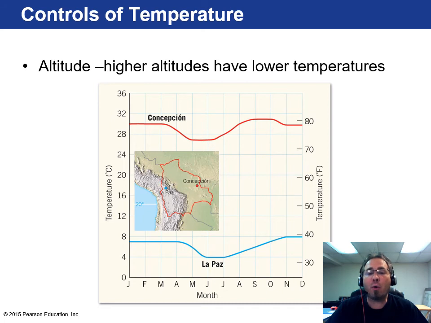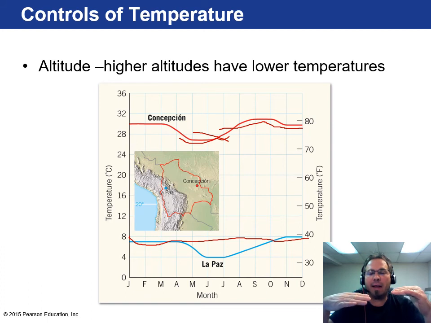So this is over the course of an entire year. It never really gets above 40 degrees in La Paz, Bolivia. But here's Concepcion, that's further east, but it's essentially a rainforest. It's like the western edge of the Amazon rainforest. And you could see it barely gets below 70 degrees, right there. So this is an example of two cities roughly at the same parallel, the same latitudes, but one is vastly higher, so it's always cold. I would not want to live there at all.